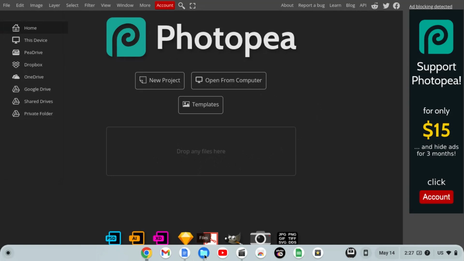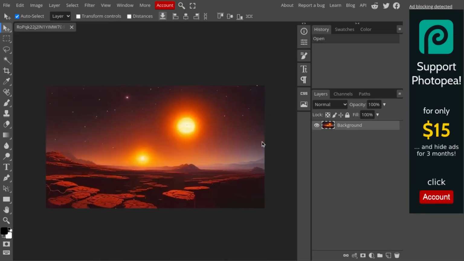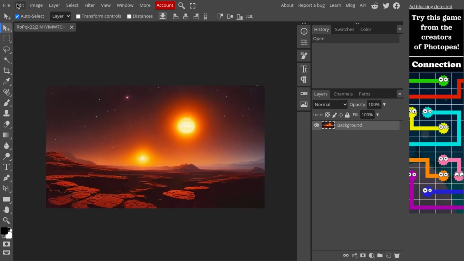I'm going to click on the Files app, and here's some of my images. Now what I'm going to do is drag this image right to the box in the center. Notice by my hand you see the little green circle. That means you can let go and it puts it right there for us. Now once I'm here, you'll notice that you have your different tools up here and over to the left hand